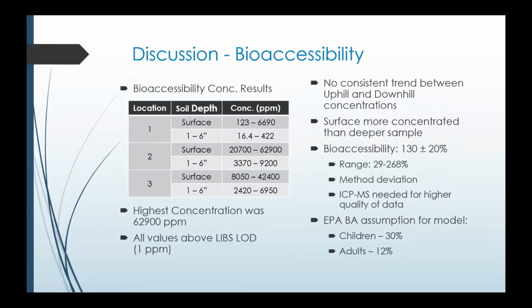Now, obviously this doesn't make a lot of sense, and in general, the EPA's bioaccessibility model assumes that the amount of the bioaccessible lead for children is 30% and for the adult is 12%. Another reason that this number could be so high is that the lead that is present in the soil is incredibly bioaccessible. Some more reasons for why the numbers could be so skewed is that first, the method used to